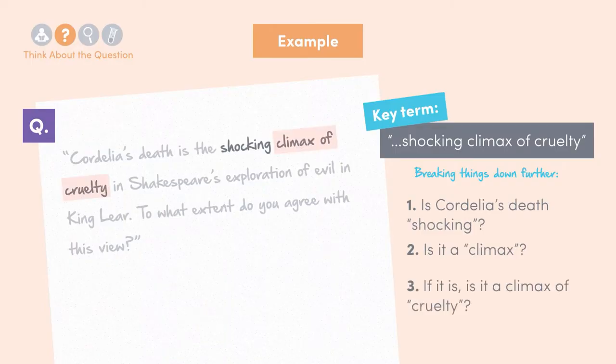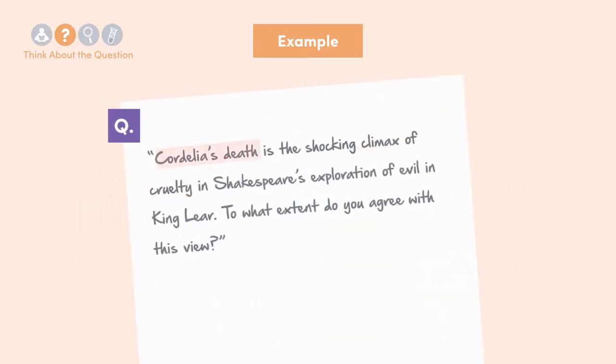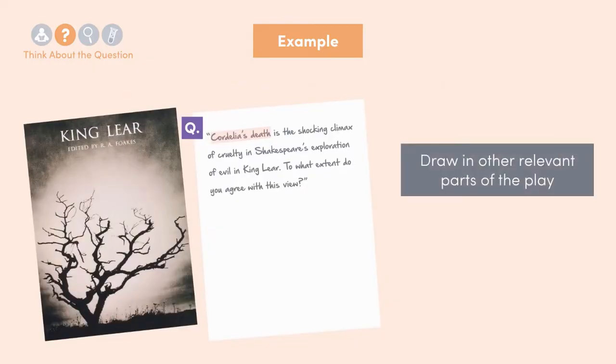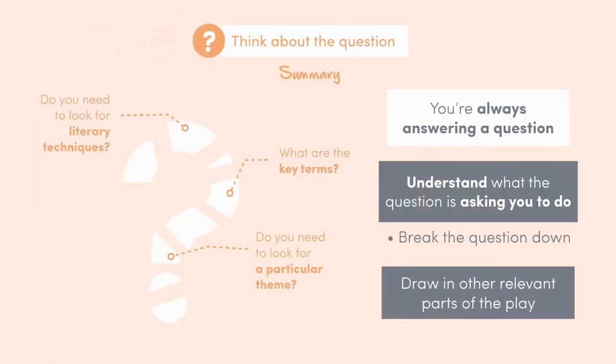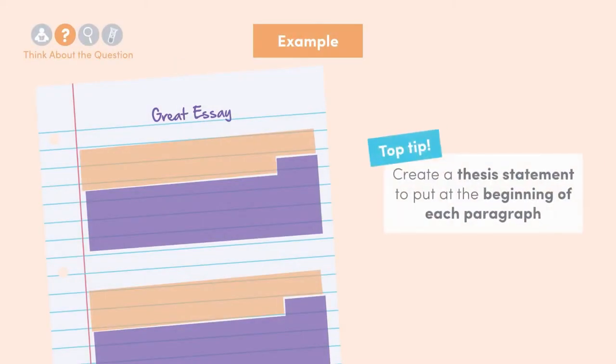Also, while the question wants you to look at Cordelia's death, you should also definitely draw in other relevant parts of the play as a whole. This will back up your argument and show that you really know what you're talking about. This may all sound pretty obvious, but many students lose marks for not sticking closely enough to the question or getting too sidetracked. It's a good idea to create a thesis statement, a super clear statement of what your argument is,